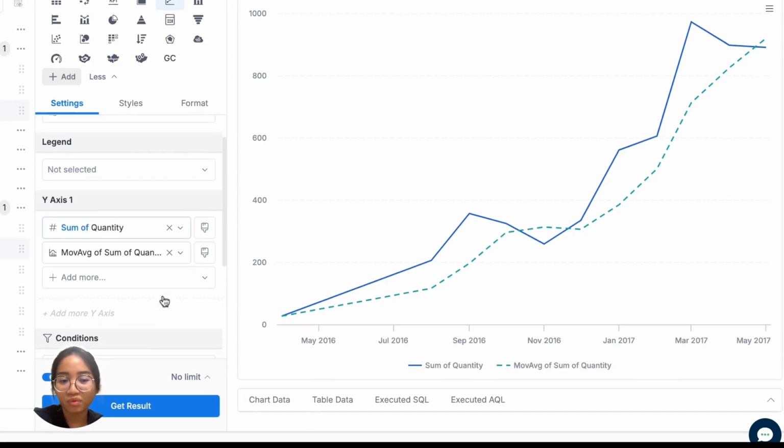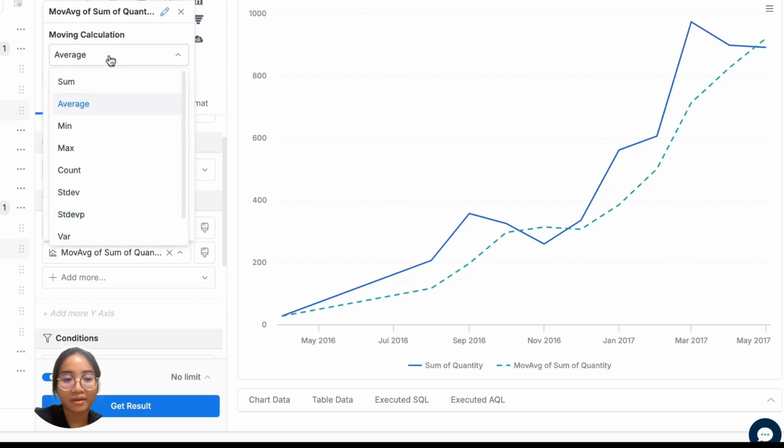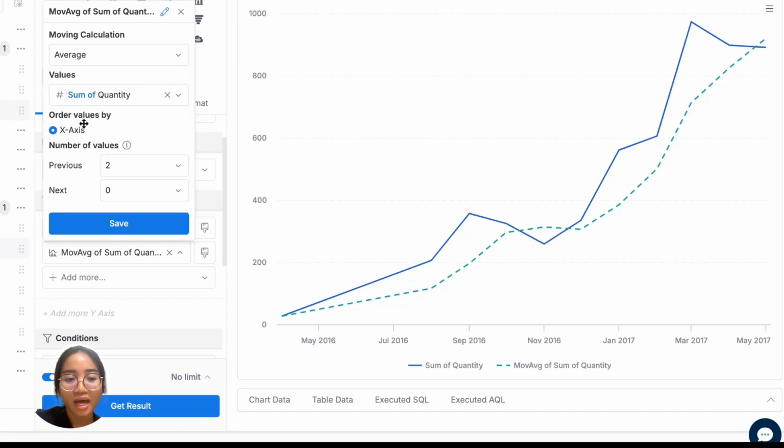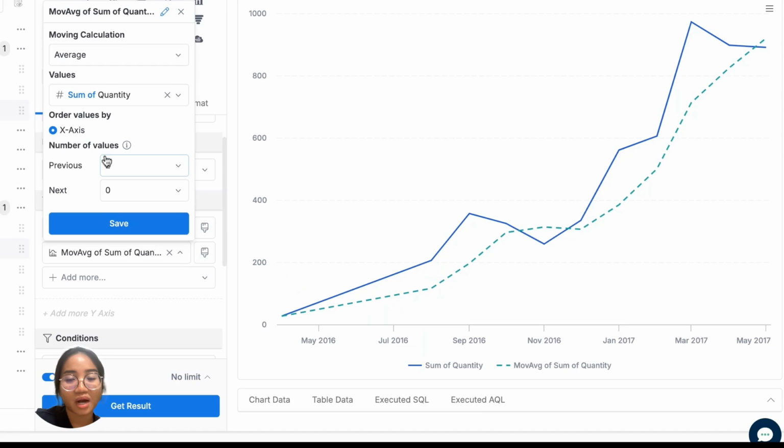and then I have the moving average line right away, but let's click on it. For the moving calculation, I'm gonna have average or different type of aggregations like sum, min, max, count, etc. You can choose whatever fits your use case, but for this one I'm gonna keep the average. And the order values by the x-axis, the moving direction of the calculations is along the x-axis. Also for the number of values, I want to look at